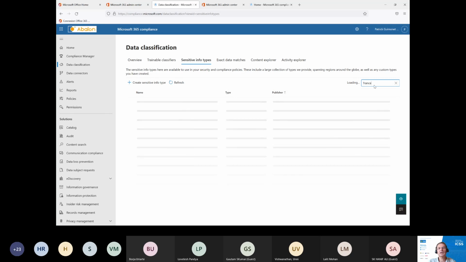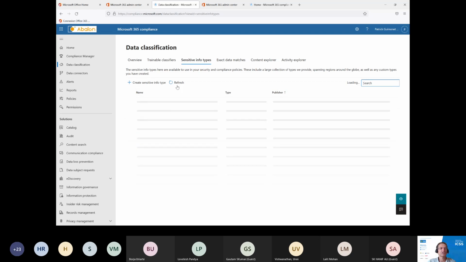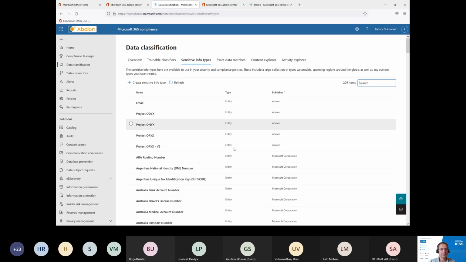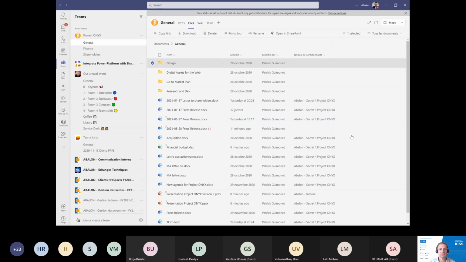So for a lot of countries, you have predefined items like a national identity card or passport number or things like that. So that's very interesting that Microsoft is providing us so many predefined types. But as we have seen, it's very easy to create our own specific info type. So here we have a good example of simple